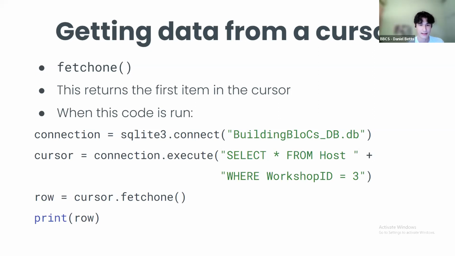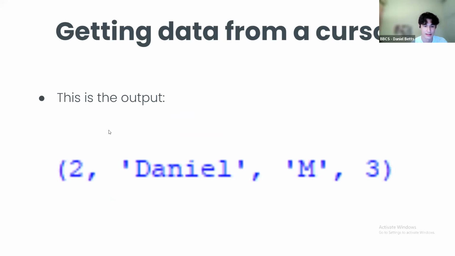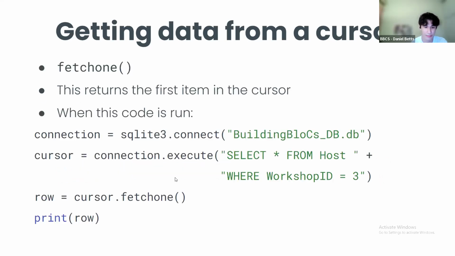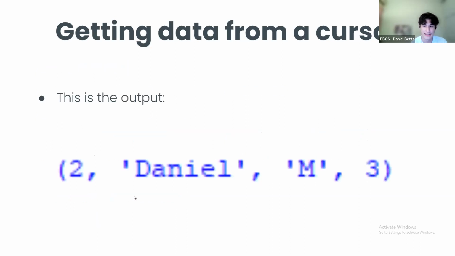In Python, if you pop from a list, it will actually remove the item from the list as well as display it. This is exactly what fetch1 is doing, which is returning you the first item on the list, or in your cursor, sorry. See, we get my name first because I'm on top. But if I were to run this fetch1 again, you will actually get Augustine's name instead of mine because